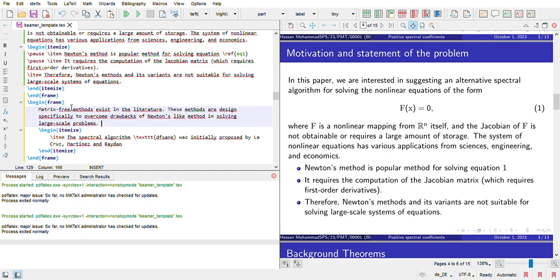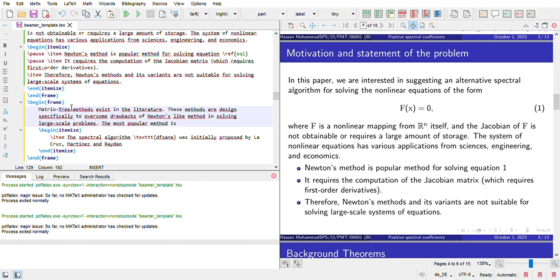Okay, then we said the most popular method